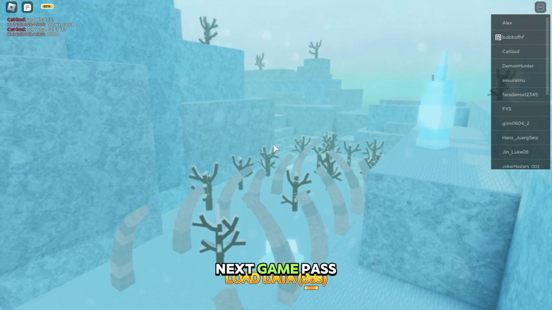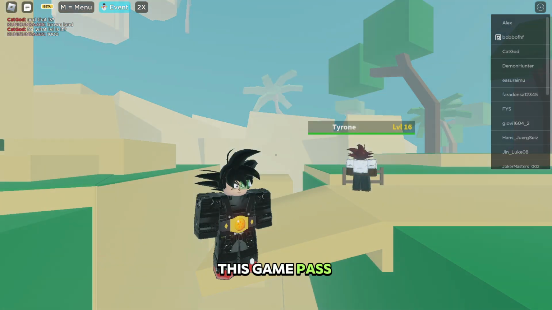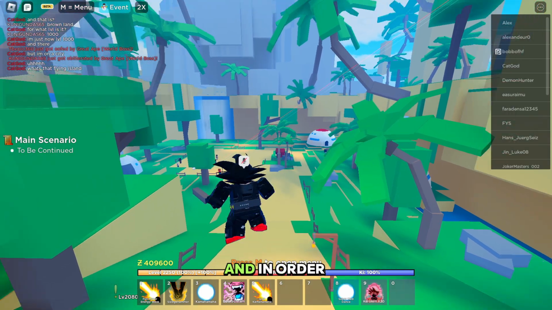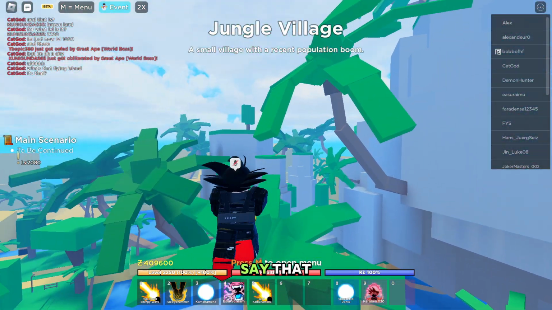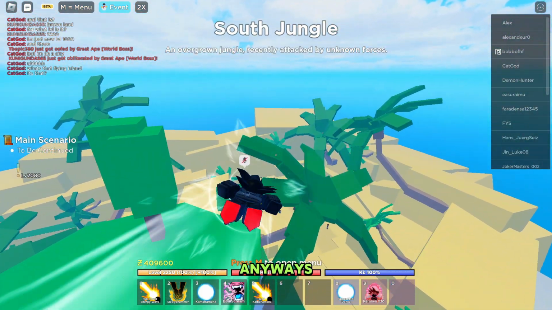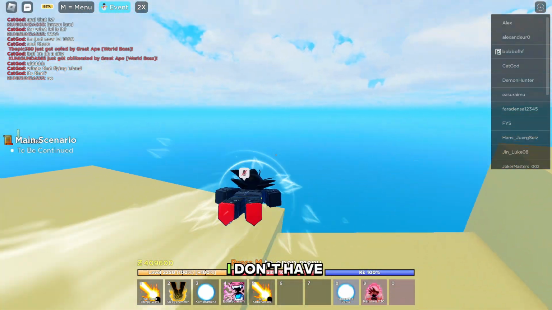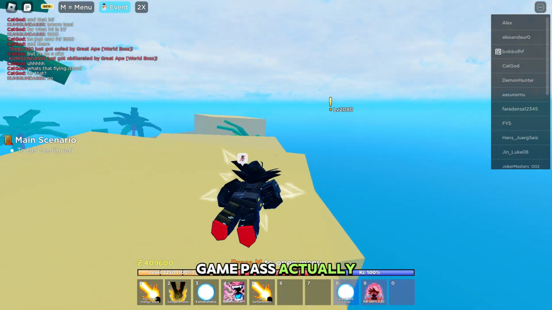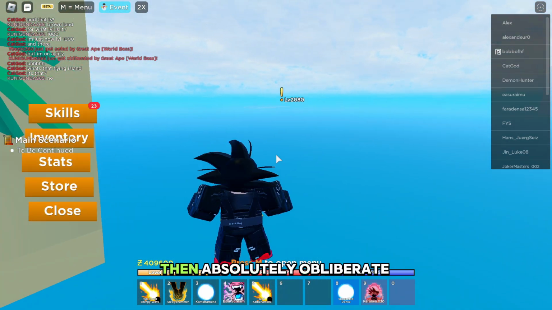So now the next game pass, which is the Drip Game Pass. This game pass is all about cosmetics, and in order to activate it, you need to say drip in the chat. I forgot to say that, but to activate Nimbus you also need to say Nimbus in the chat. Anyways, this game pass doesn't change anything in your gameplay. I don't have this game pass. Actually, I don't have most of the game passes,